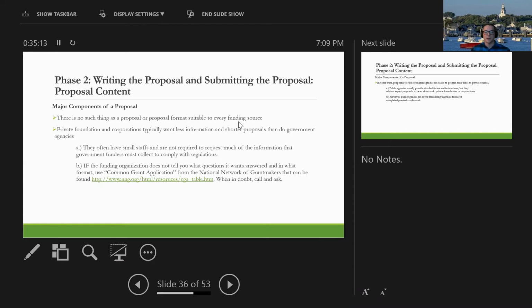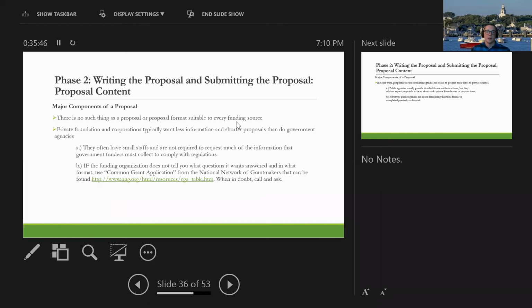Private sectors, a lot of times, they're being read by, again, a lot of times an older demographic board member who really just wants 3 pages in front of them, 1 page being the budget. Does the money make sense? Is the need there? Do you align? Have you done it before? Are you going to be able to do what you say you're going to do? Do you have the buy-in from the necessary executives at your organization?